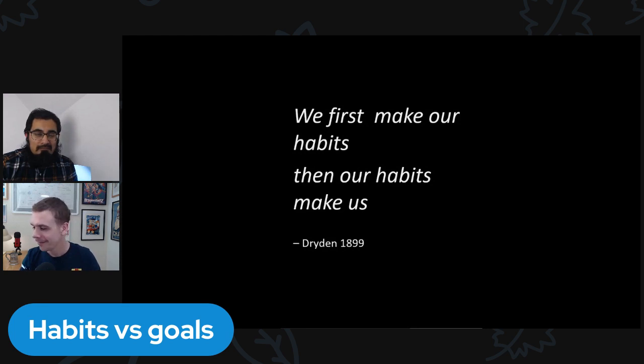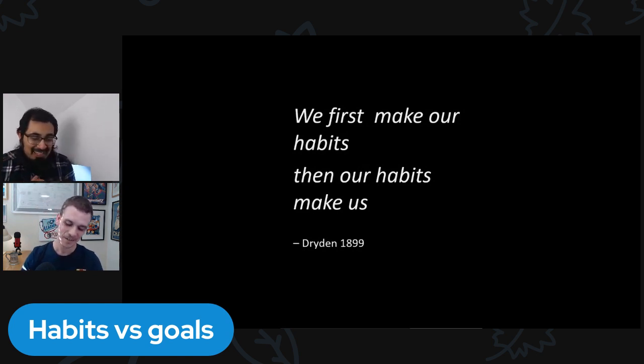Who was he? So it was actually published in 1899, but he was the first poet laureate. So John Dryden, I think tail end of the 1600s is when he was around. And yeah, so he apparently did some amazing stuff, which both of us are slightly embarrassed to not know about, but okay. But yeah, it's an interesting quote, isn't it?